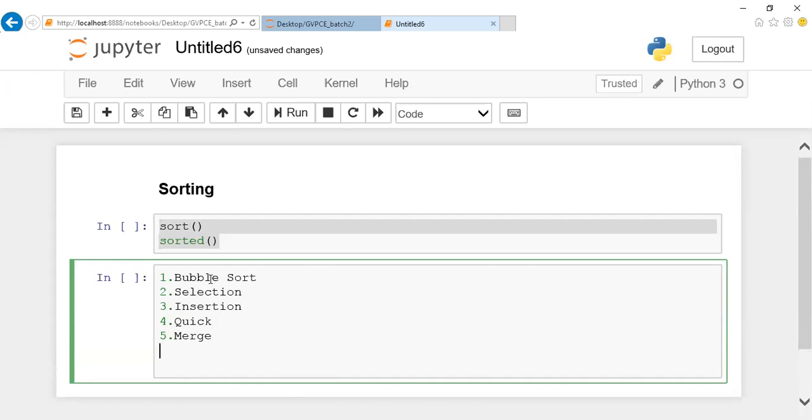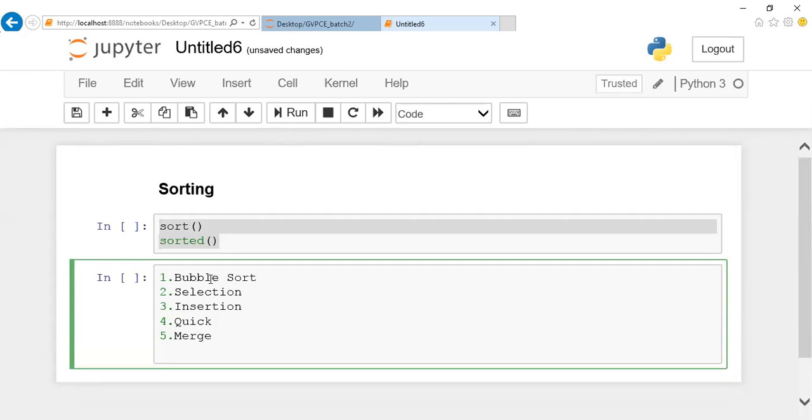Yes, heap sort, radix sort, everything is there, guys. We are just going to discuss the 5 required sorting algorithms, the basic or most frequently asked ones. You'll be getting questions from them. All the sorting algorithms produce output in a sorted way. Whatever values you pass to any of the algorithms, it gives output in a sorted way, but the complexity and the way of execution for each algorithm is different. So we'll go ahead one by one.